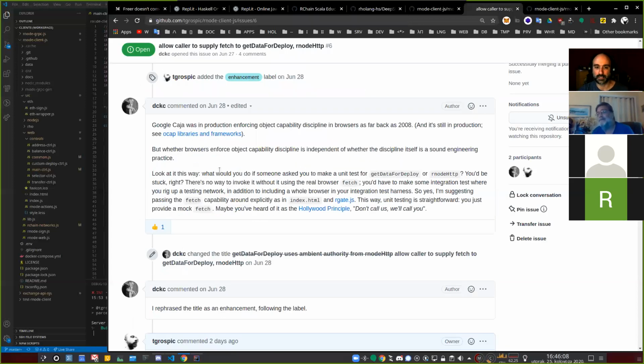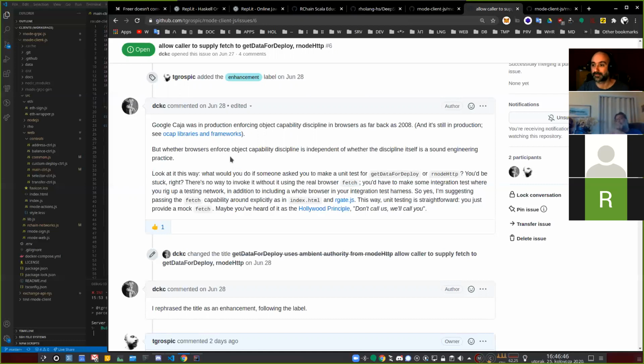But as Dan pointed out, you cannot easily test with this fetch function, because this fetch function is always doing an HTTP request, and maybe you just want to check the parameters to the fetch. So you don't want to execute, or maybe you just want to return some mock object. So from that perspective, even the JSON you want to have as a parameter to stringify JSON, because you can say, yeah, but I want to supply my own stringify function. So